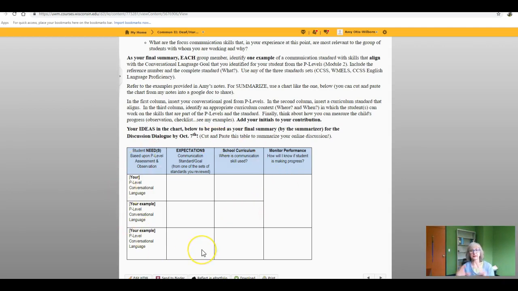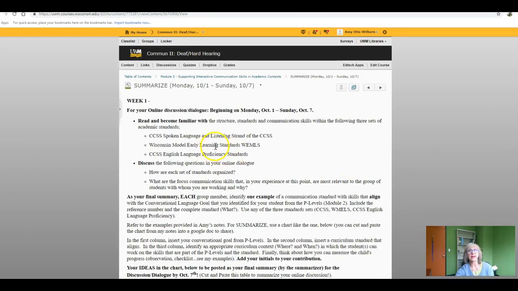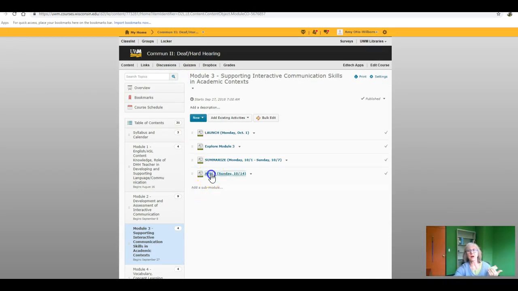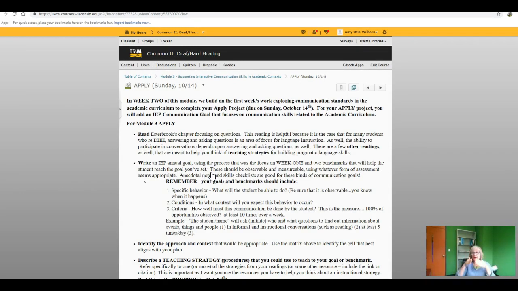And this chart is what the summarizer will post for summarize. And that's week 1. Then week 2, we focus more on the apply, really, we're focusing on teaching. So now we spent a lot of time thinking about what are their goals. You get an opportunity to again really refine what your goal might be, thinking about how do you blend